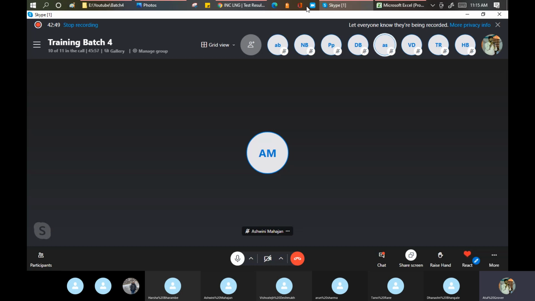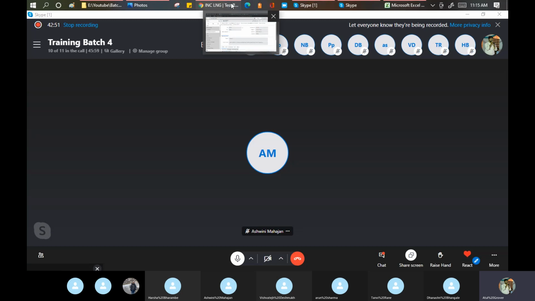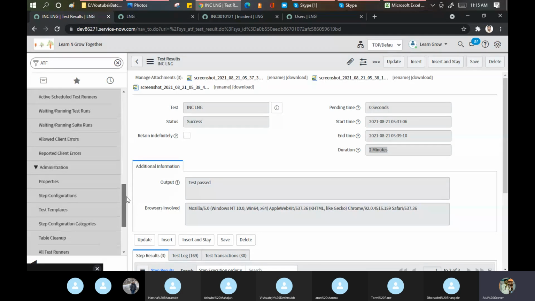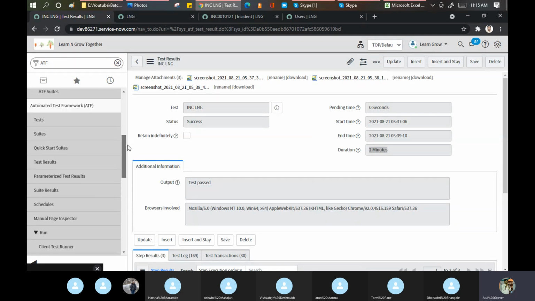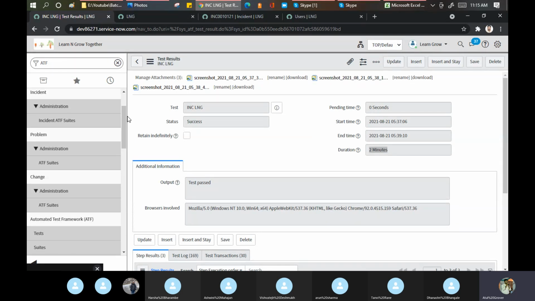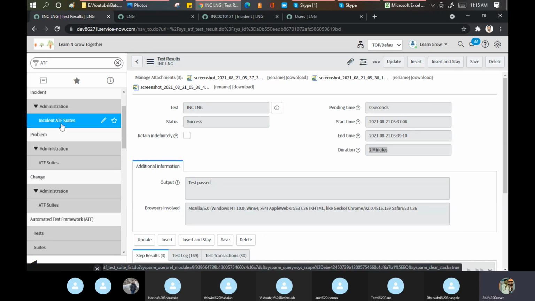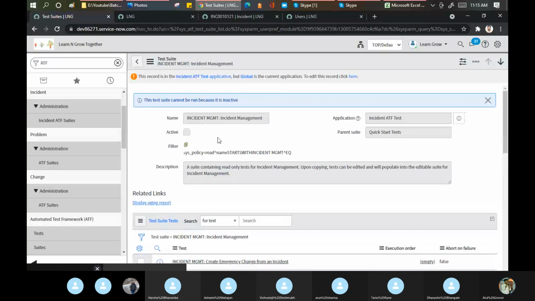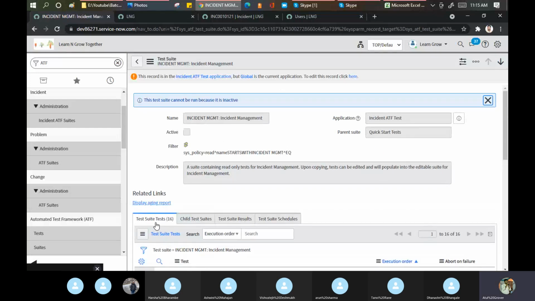Thanks. So you can build your career in ATF as well. This is just one example which I showed you. If you want to, go activate this plugin and see the previous test cases. Let me show you one more test case of the incident one. We just wrote the 3 test cases. If I open this, see, these are the total 16 test suites.